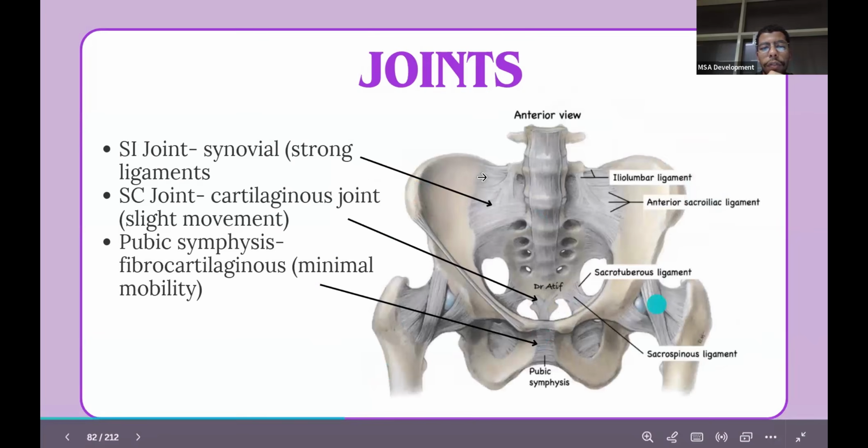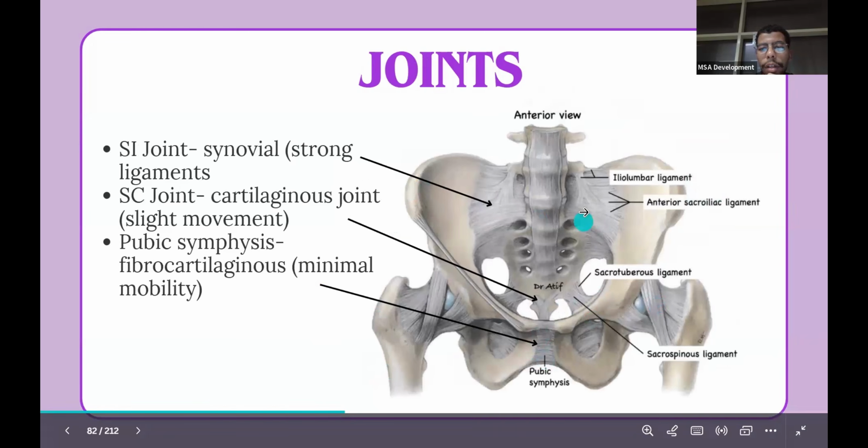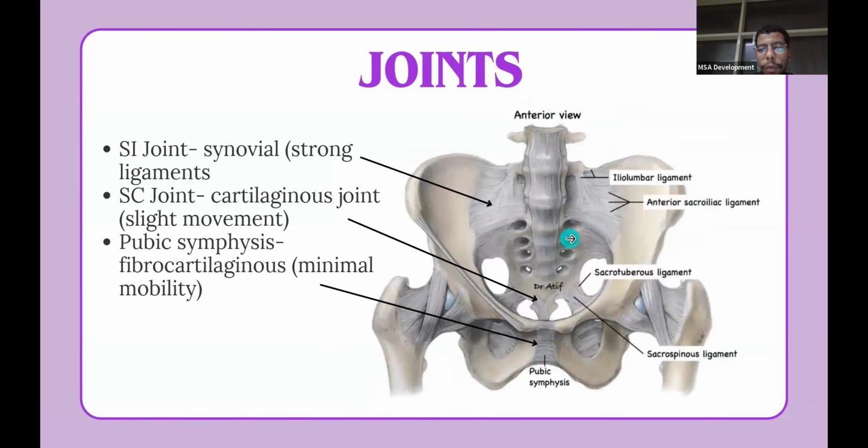All right. Here we have the different joints again. We mentioned earlier that between the sacrum and the ilium, we have the sacroiliac joint. You can't really see it because it's covered by the anterior sacroiliac ligament here. And there's also an iliolumbar ligament. So this is the ilium, the sacrum starts here, and this is the lumbar part. From the ilium to the lumbar spine, we have the iliolumbar ligament here, as you can see. Then we have the